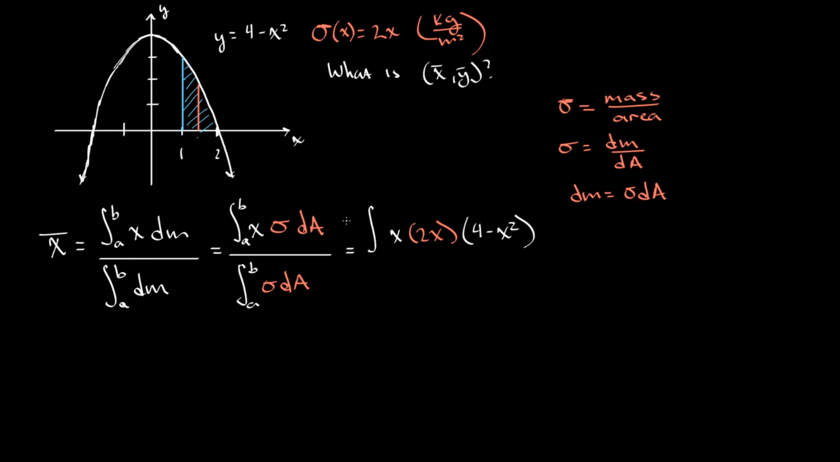And then times the width of those rectangles, which is an infinitesimal piece in the x direction, so times dx. And then we're going to be dividing by the definite integral of sigma times our dA. So we're going to have 2x. We get that in orange. So this is going to be 2x, and then again, it's going to be times 4 minus x squared